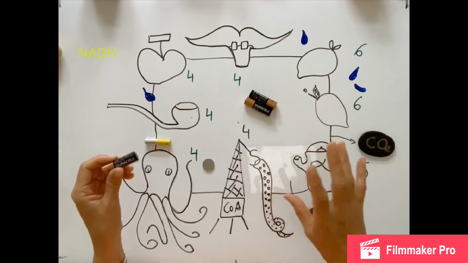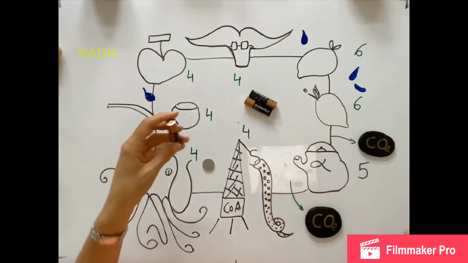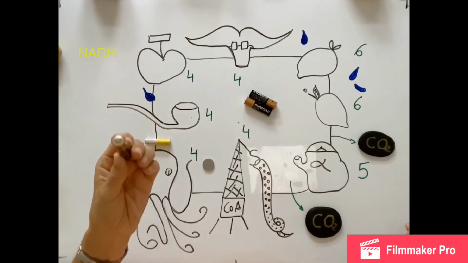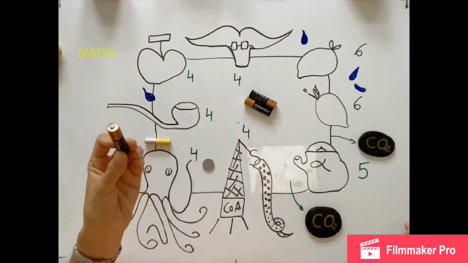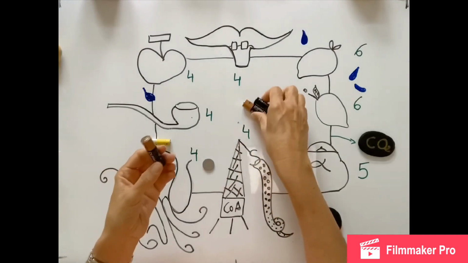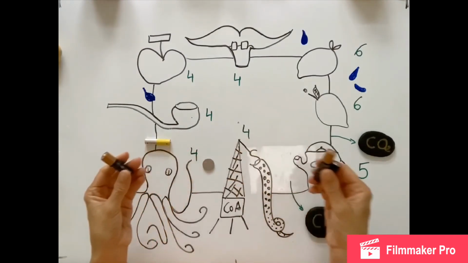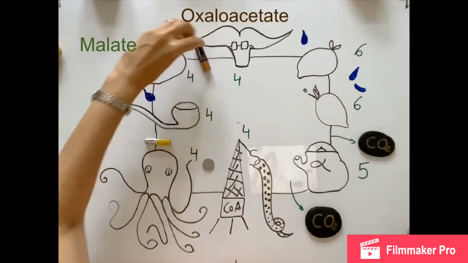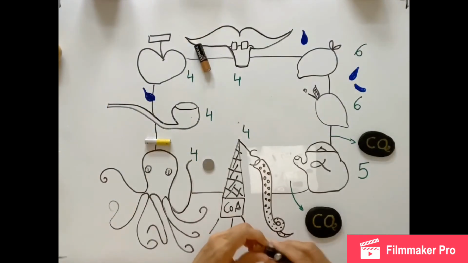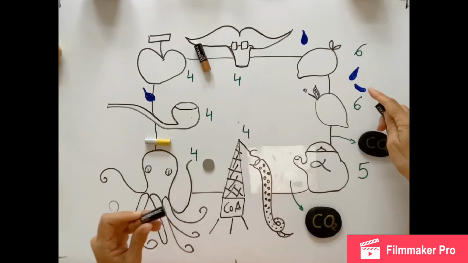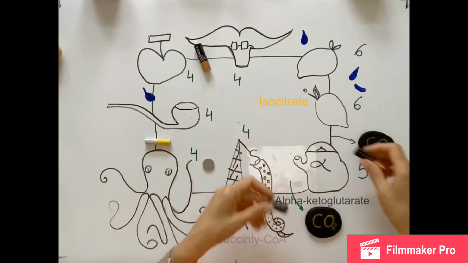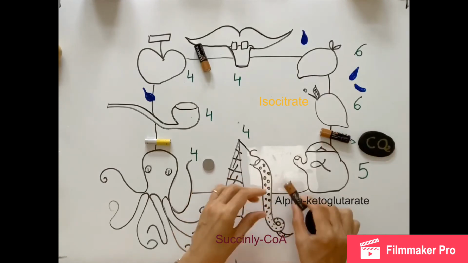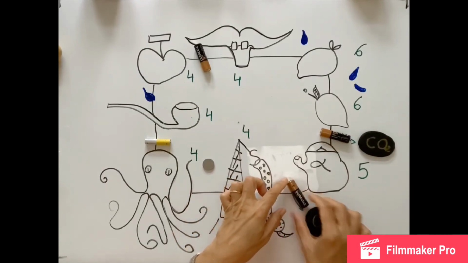Batteries and water don't go very well together. They are slightly larger, and they are equivalent roughly to 3 ATPs. So we are going to locate them in the areas left with no water or no battery. One is here, between malate and oxaloacetate. Water, water, batteries, water. The only 2 places are this, with the 2 CO2 at both sides of the alpha